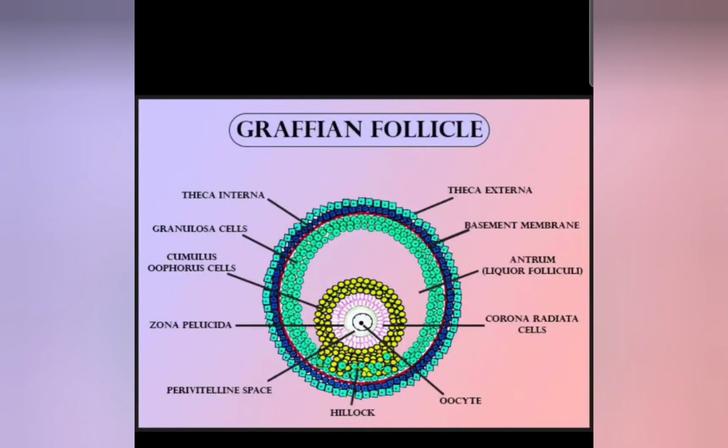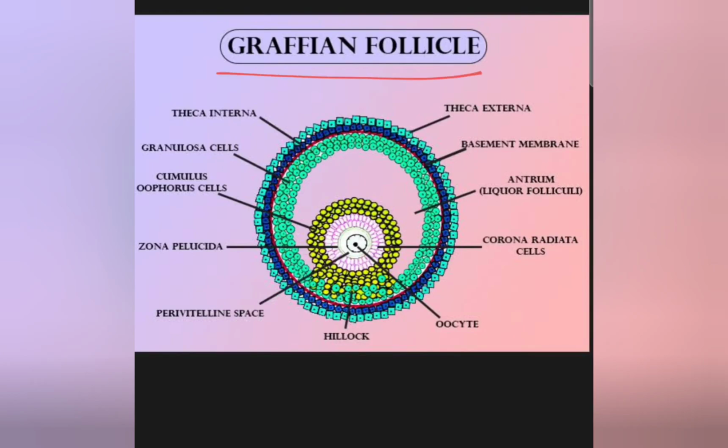Just want to show you that this is the Graafian follicle. As you can see, previously I have told you that when the follicles become matured from the stages of primordial follicle, they become more matured and they are named as the Graafian follicle. Here the spelling is wrong. The spelling is Graafian follicle. Okay, and I have told you about the outermost layer and the innermost layer, which is theca externa outermost and theca interna innermost layer.